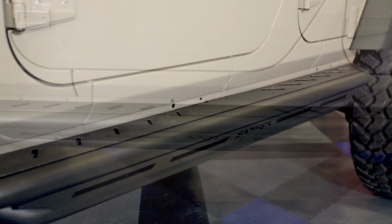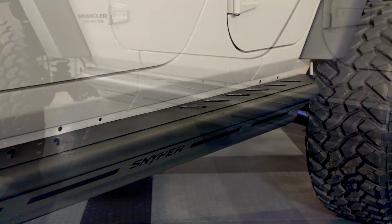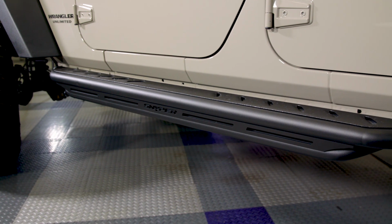Well everyone, that's my review on Westin's triple tube Snyper rock rails. So if you're searching for a well-built, tough as nails rock slider to keep your Jeep in one piece,